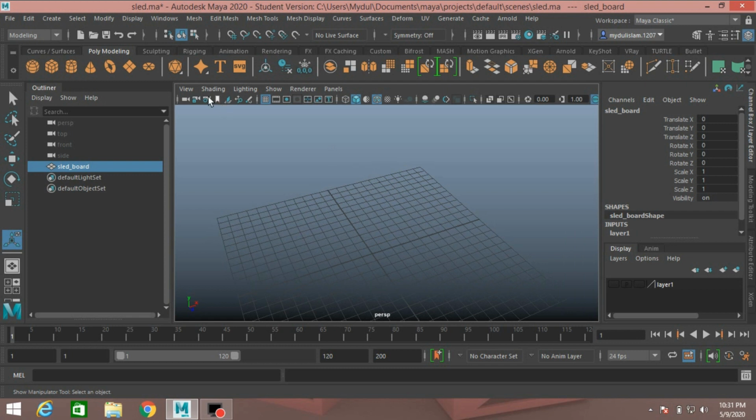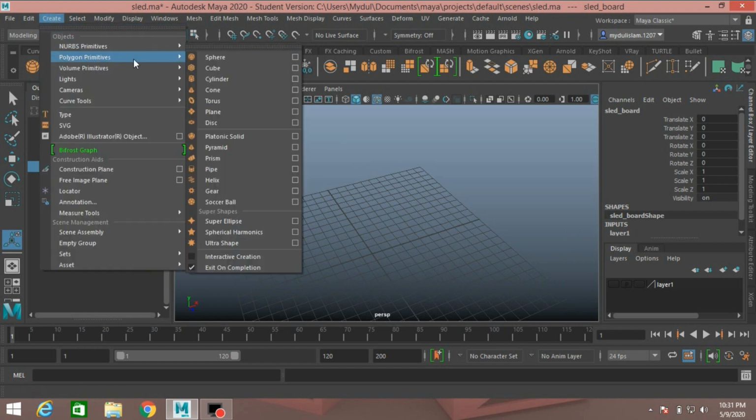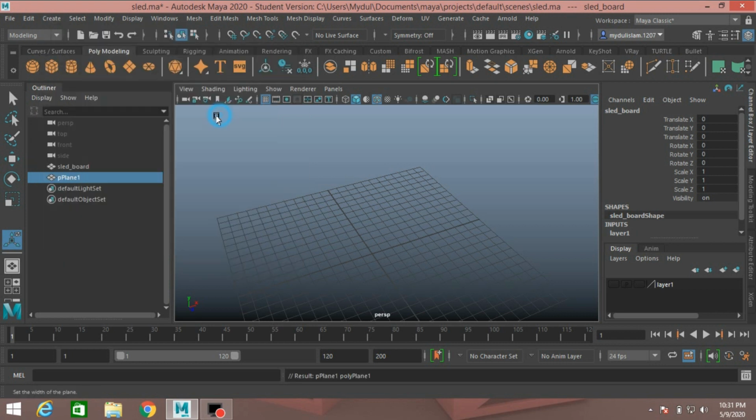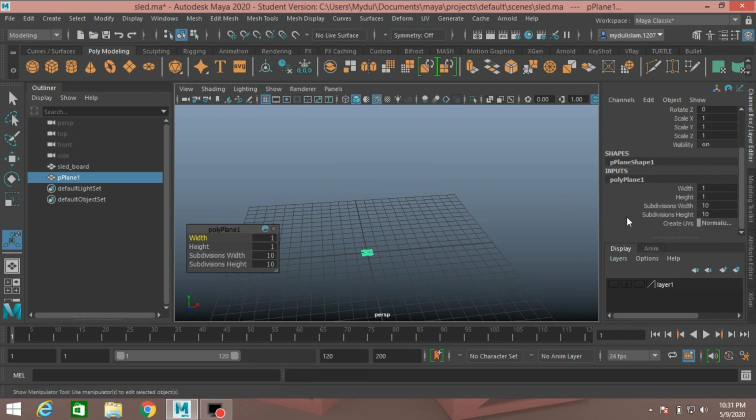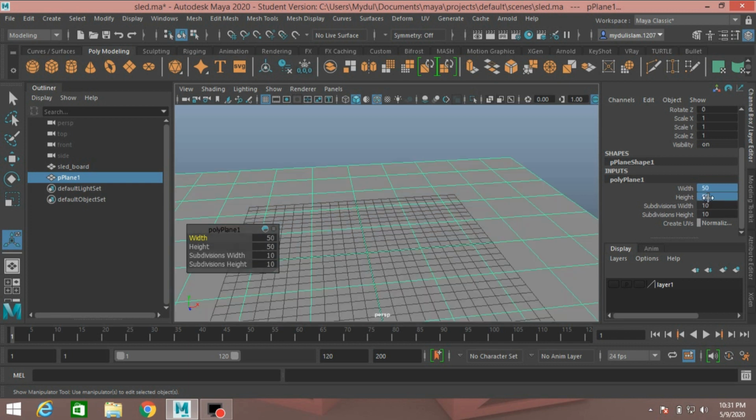Again go to create polygon primitives, take a polygon plane and type 50 on width and height and subdivision axis type 70.